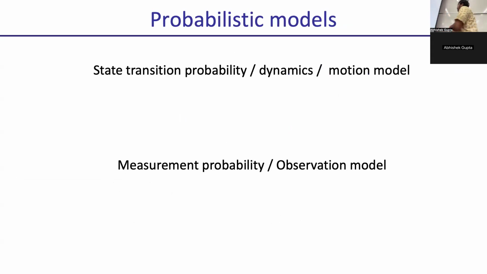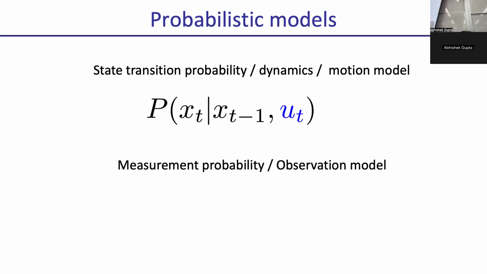Okay, and the two objects we're gonna mess around with are the motion model, or the dynamics model, the thing that tells you given xt minus 1 and ut, what is the likelihood of the future xt, and the measurement model. And so we'll try to cover, depending on how fast we go, an example of a